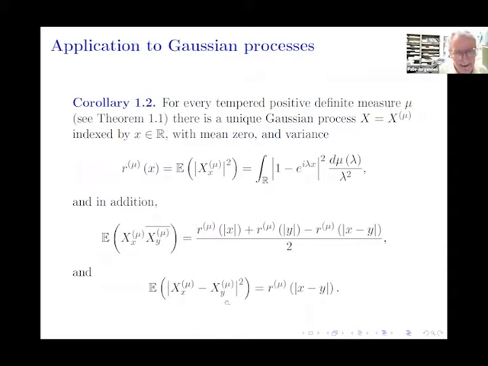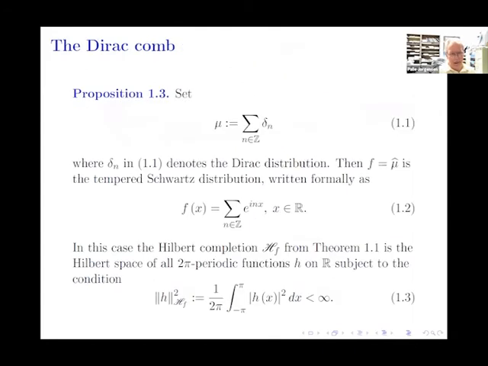The last line here is a property of such Gaussian processes that we call, and this is work with my colleague Alpay, stationary square increments. Now the process is not stationary in the usual sense of Gaussian processes, but the square increment is stationary because the square increment is a function just of the difference here. So those are important classes, and they are directly connected to the class of measures mu that I plan to study here.